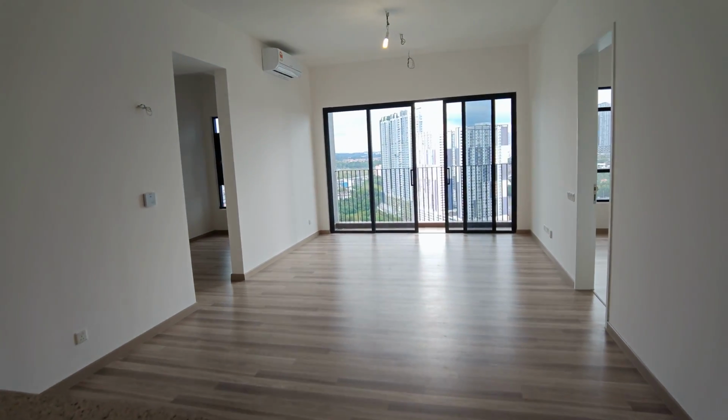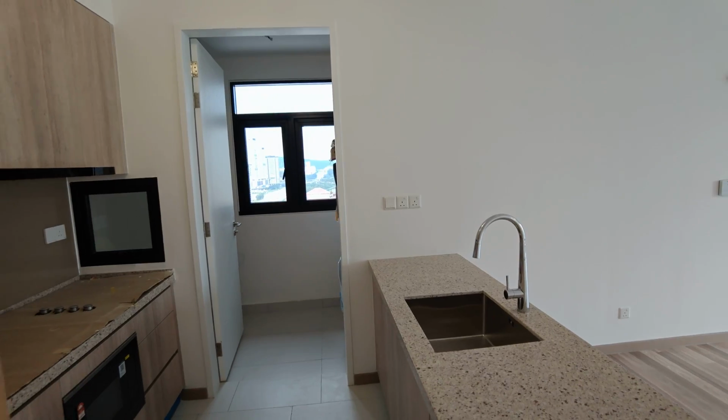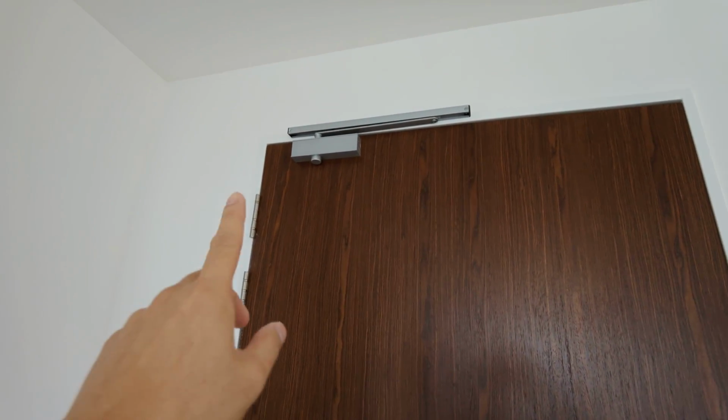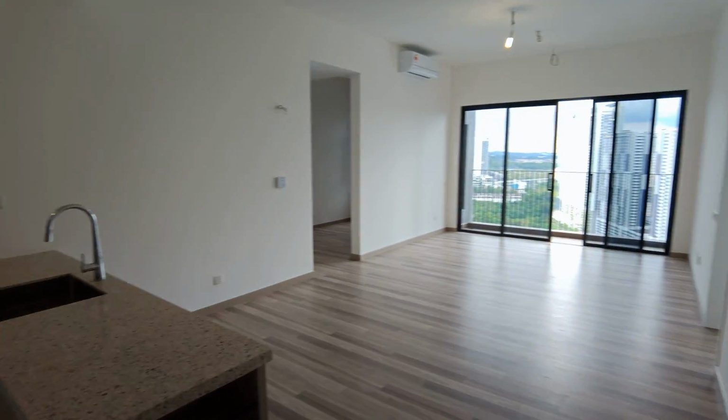Stepping in. Oops, sorry. It shouldn't slam because I got this door closer here, so I guess this is not working. The fact that it slammed. Okay, anyway, yes,